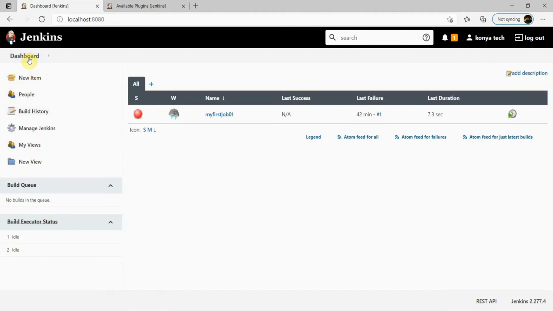So this is the dashboard, and here we can create one job.